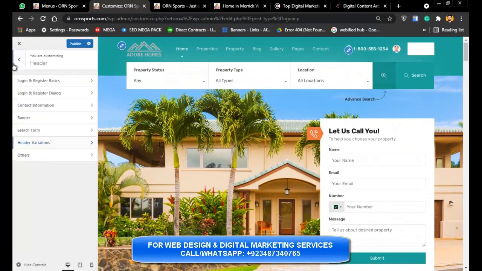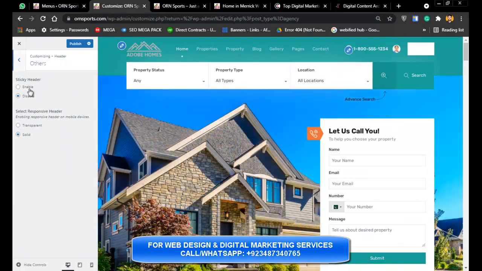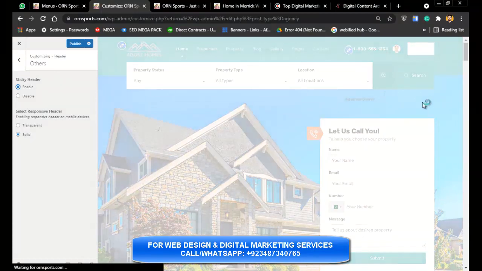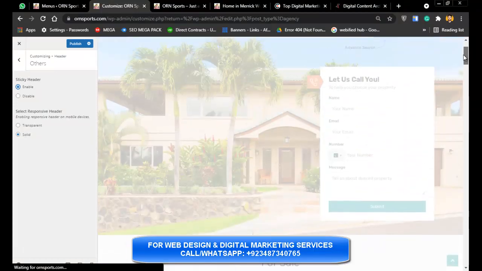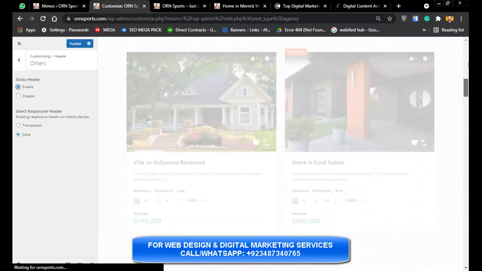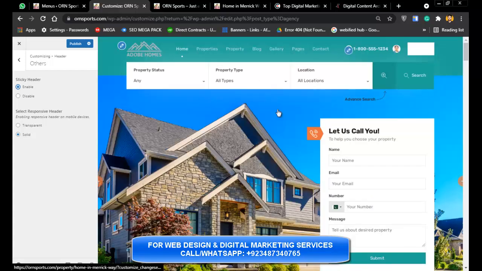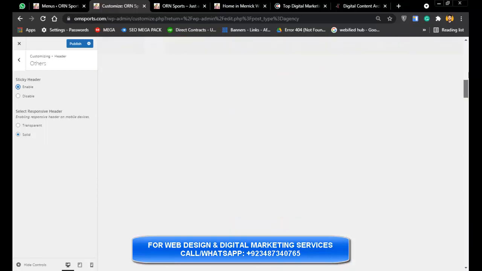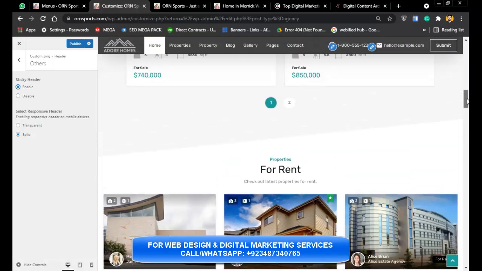And to edit other things, you can click on others. And if you want the header sticky, so that it sticks to the top when you scroll down, you can also do that. Like, if we scroll down, it's not working, but after we have enabled this, now it sticks to the top of the page.